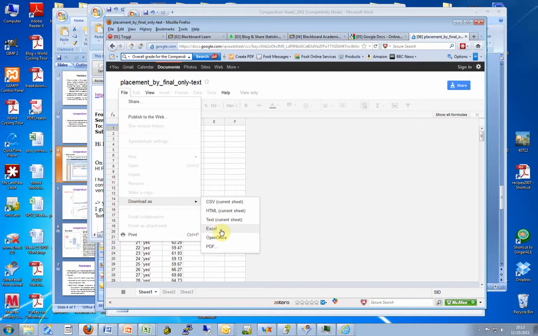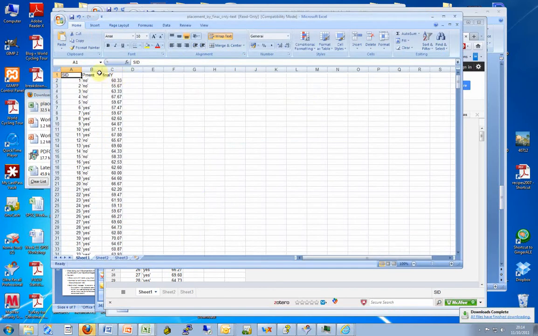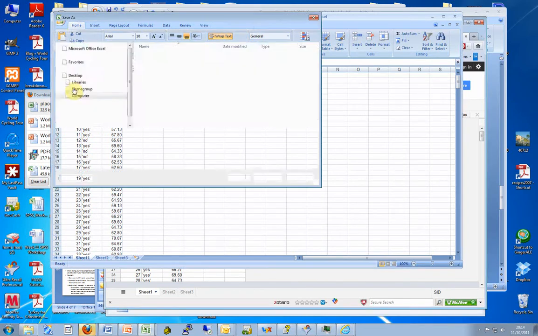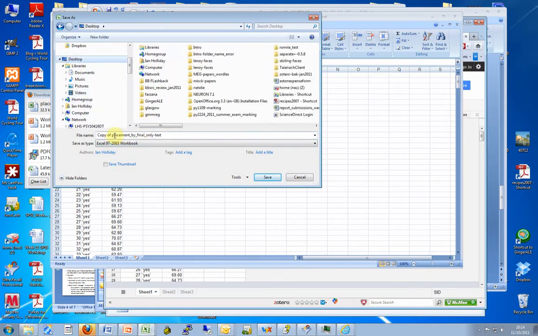Probably the thing that you want will be an Excel file, like so. Okay, you'll get your copy of it, placement by final only text. That's all my data that you just saw there, and it's now inside an Excel file, and I can do File, Save As, and I put it onto my desktop, like that, copy of placement only text,